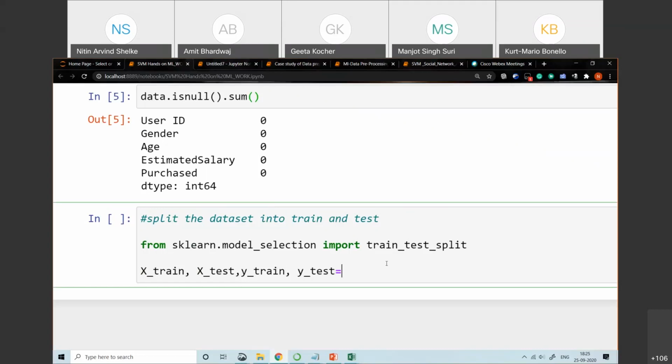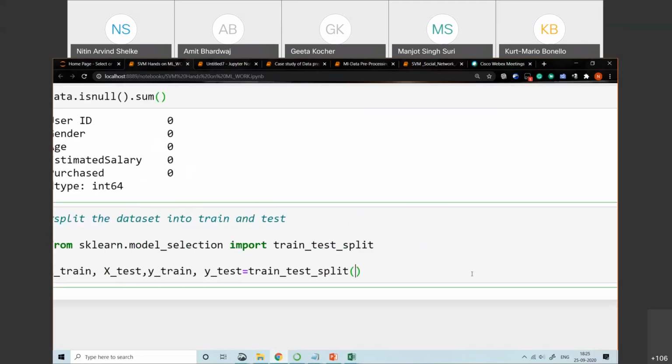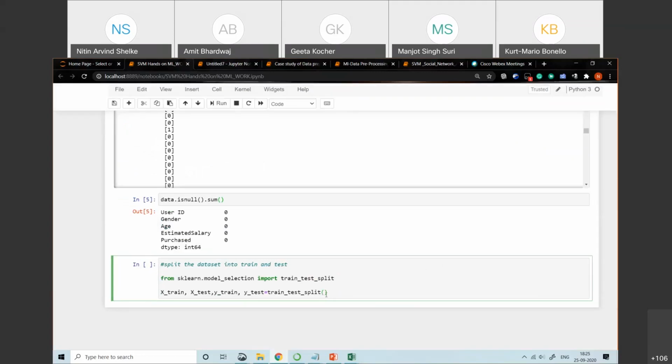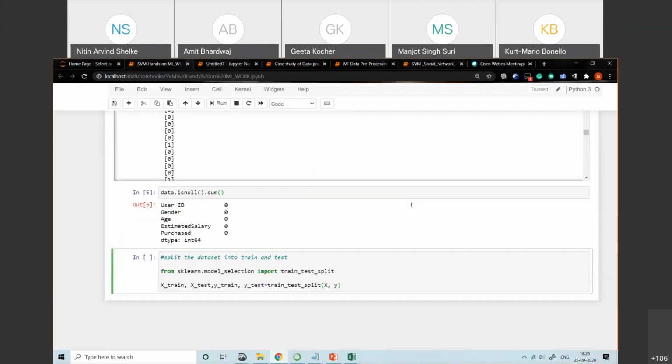equal to train_test_split. Inside the bracket, what we need to pass is the X value, that is your independent column. Then Y is your dependent column, right? Then your testing size.